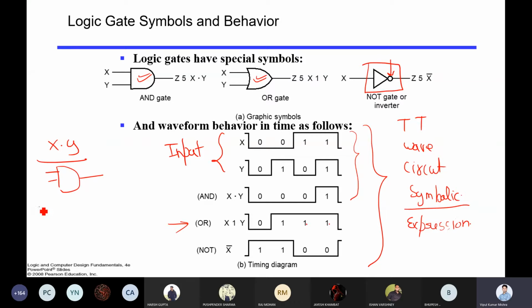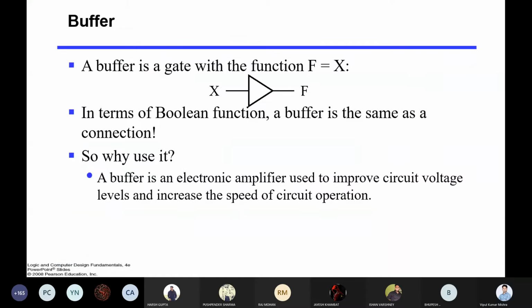If you make a waveform of this with the help of x and y, then this is the wave representation. Then truth table: 0 0, then 0; 0 1, then 0; 1 0, then 0; 1 1, then 1. This is the truth table. So in that way you can represent the same thing in different ways. At different times we have different ways of representation.